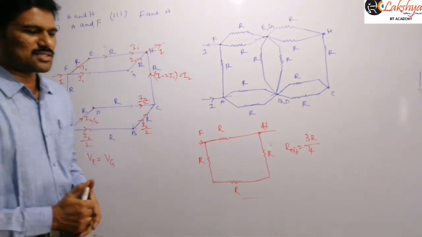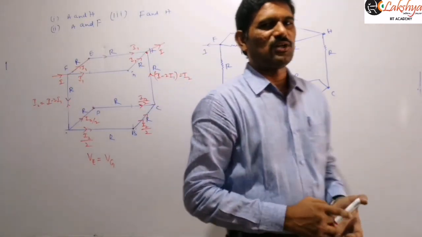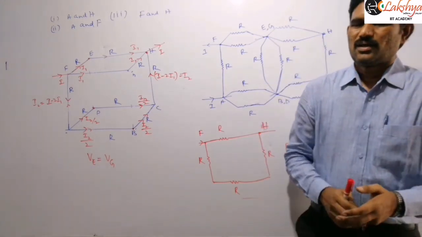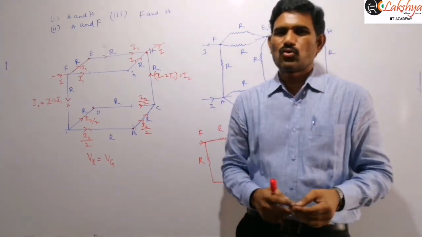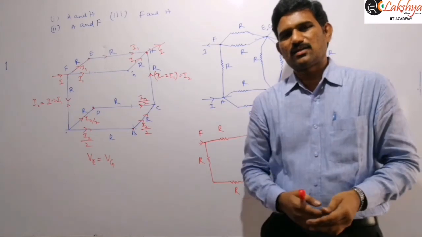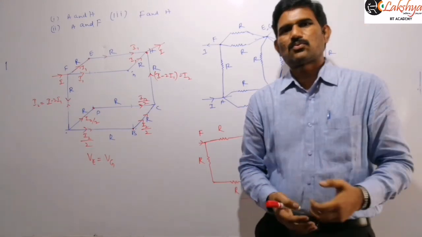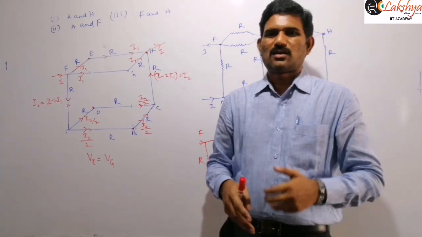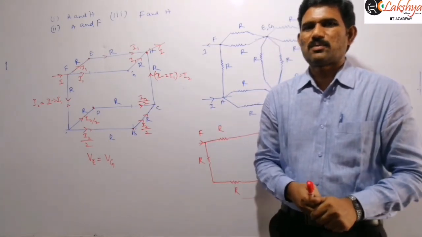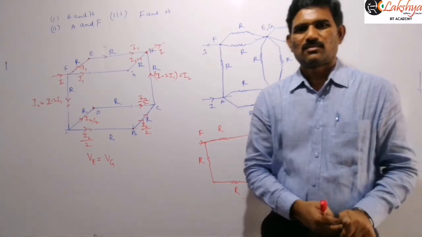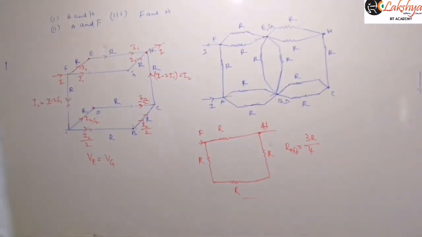That is the resistance calculation in the case of a cube with the help of path symmetry. This path symmetry is more useful than the remaining techniques. It is very important, so understand path symmetry problems thoroughly. We will discuss some more problems based on path symmetry in our next class, right? Thank you.